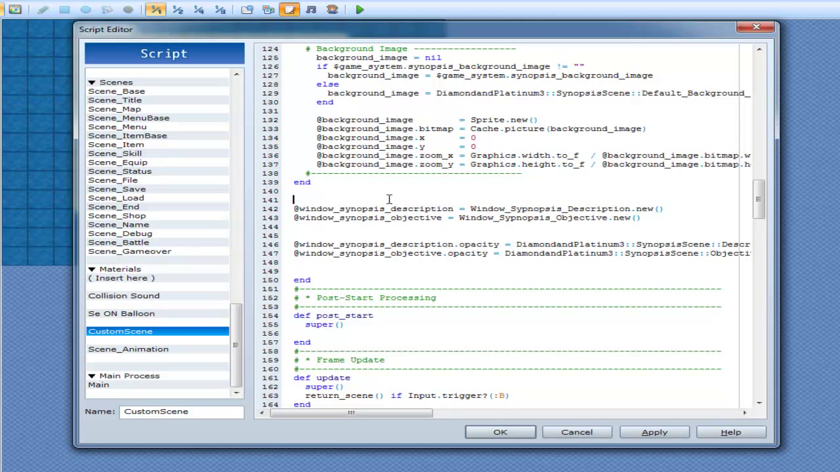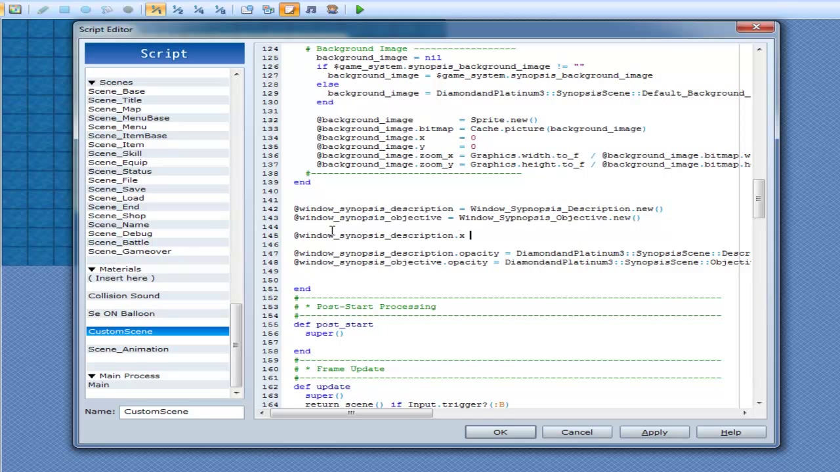So what we can do is go to synopsis description, and we can go down here afterwards. We can go .x is equal to negative, I don't know, 400. So it's like this screen here is 0, so we go negative 400. We're over here now, over there. Alright, so it's off screen, and then we can make it fly in. We can do it in a while loop. So while synopsis journal description .x is less than 0, so it's off screen,